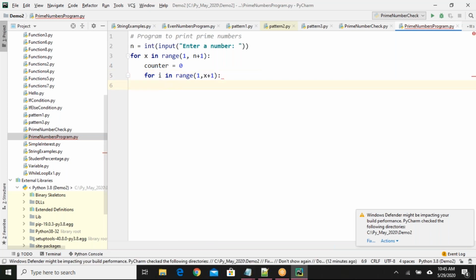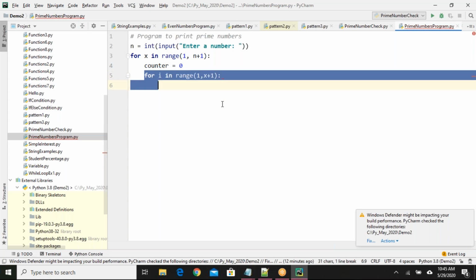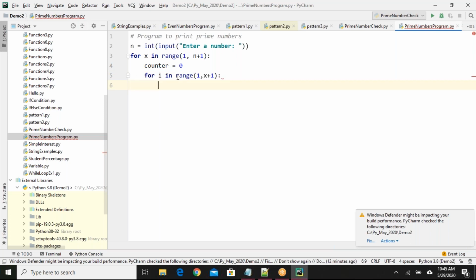Why am I taking x plus 1? Yesterday we had only one number, which the user would enter, and only that number I had to check whether it is prime or not. In this scenario, I have to check x, because x is my iterative variable from 1 to n.